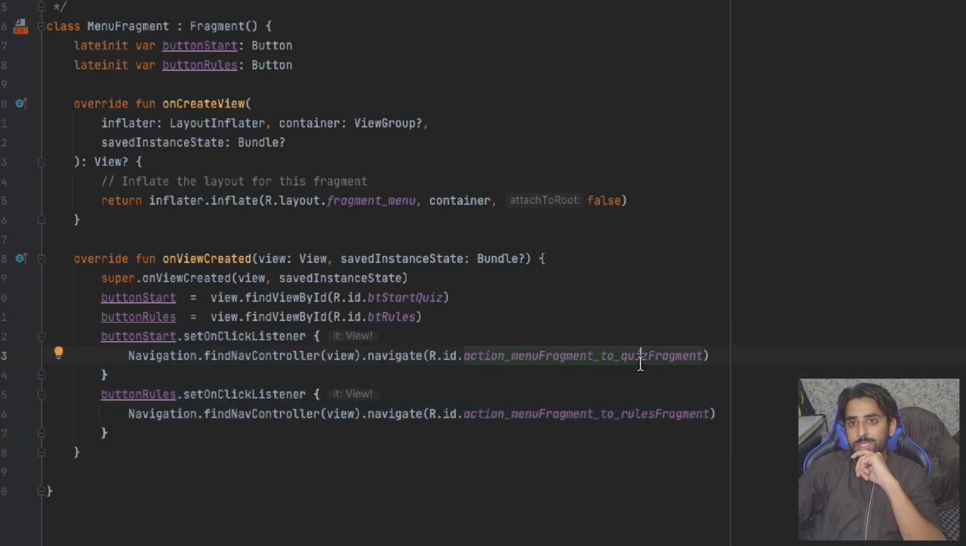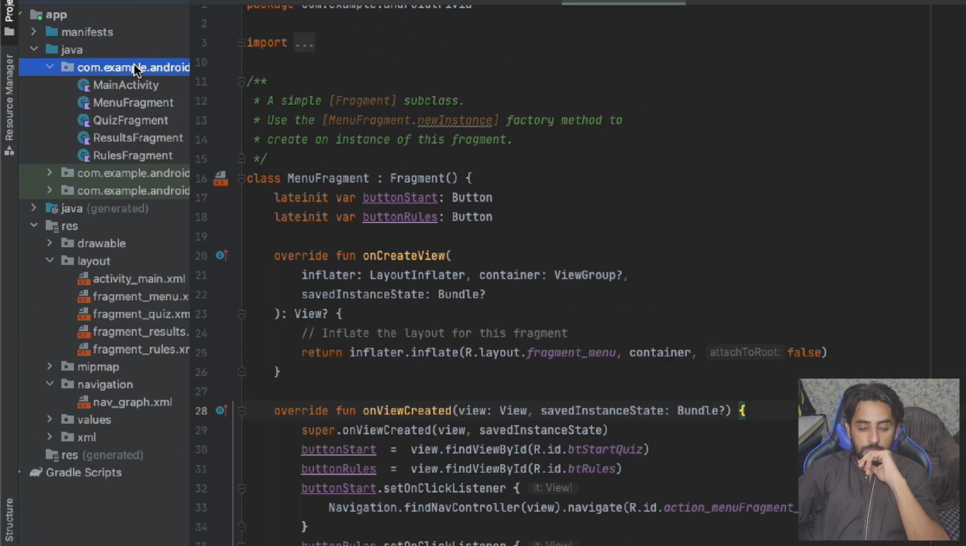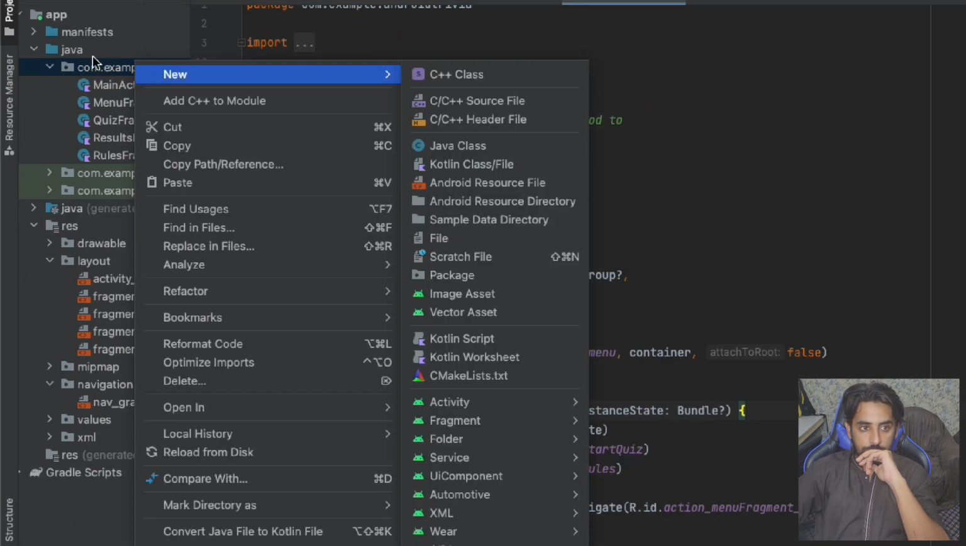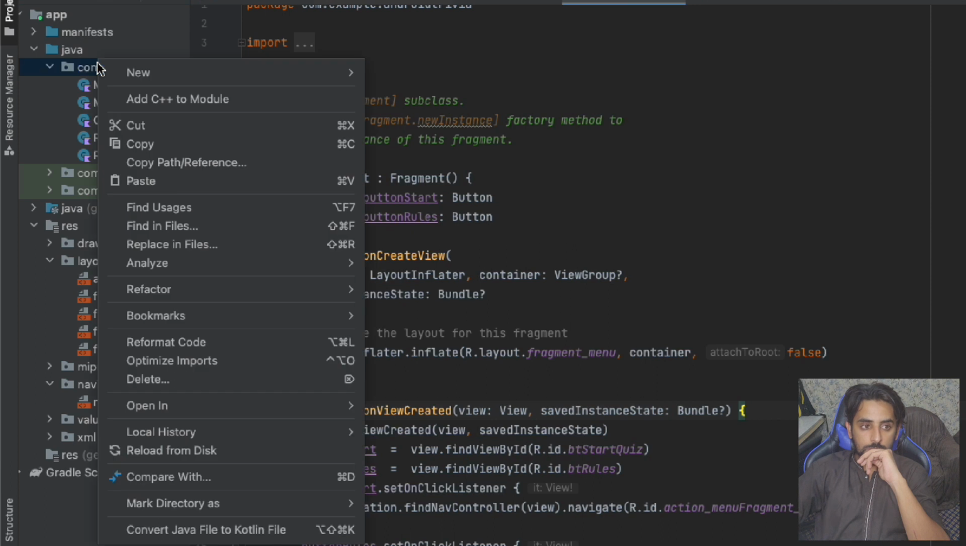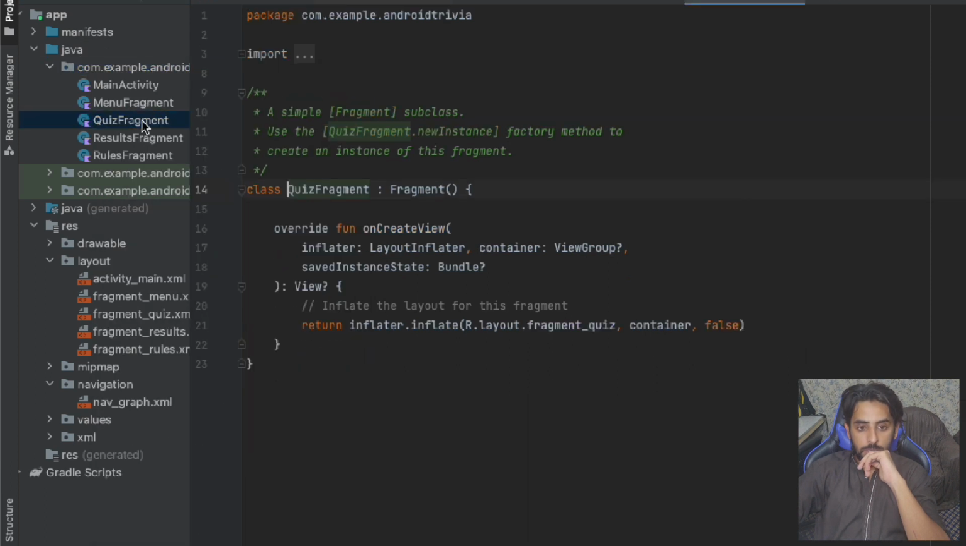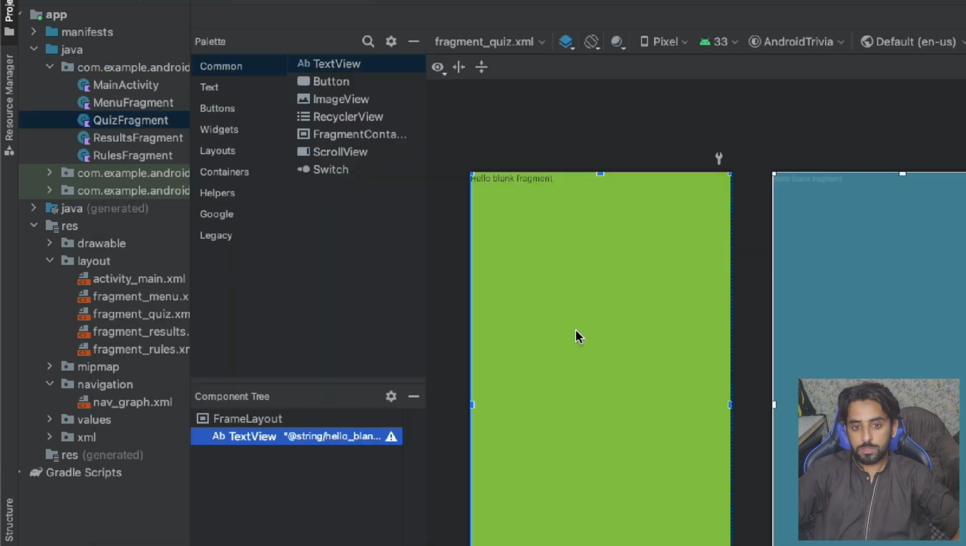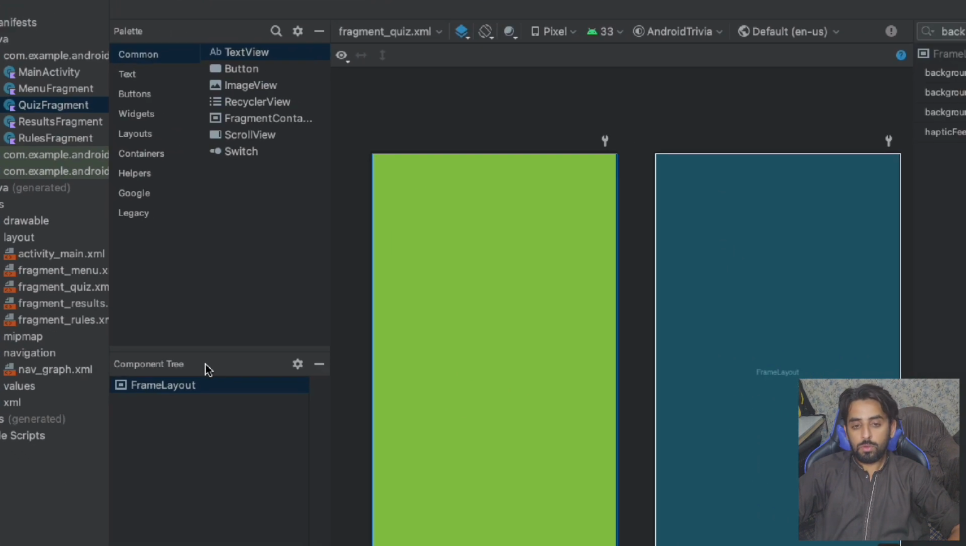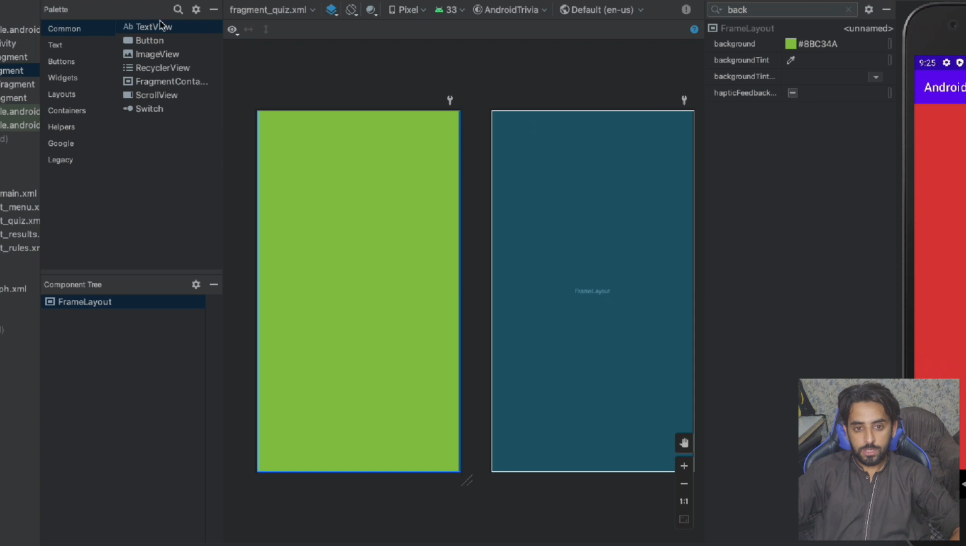Now the next part is the quiz part, where basically what we'll be doing is showing some sort of quiz to the user and handling the result for that. So the next thing we need to do is go to the quiz fragment, and inside the quiz fragment what's happening is that we have this text view right now. Now what we want is a section on top which will be